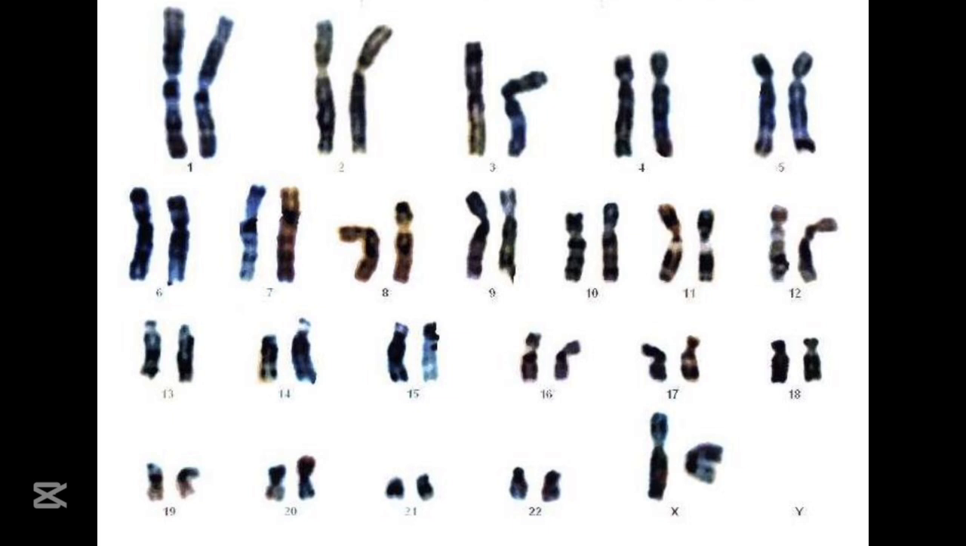Karyograms can tell us a lot. Like, we can see the number of chromosomes, the size and the shape of each chromosome, and we can even spot abnormalities. It's a powerful tool for diagnosing genetic disorders in humans and also for studying evolutionary relationships between different